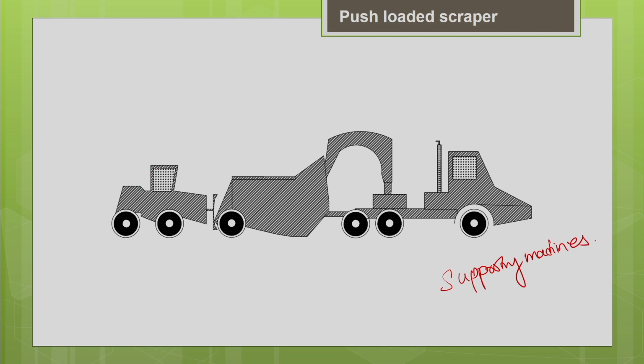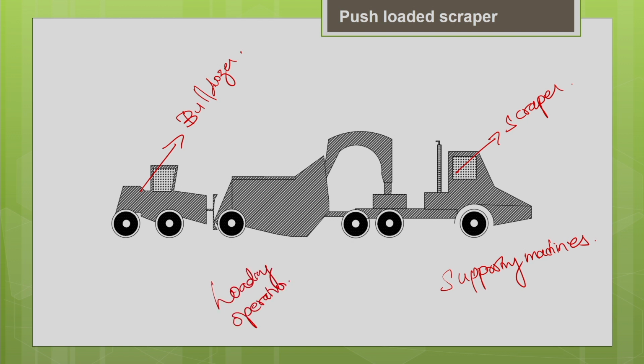This is your bulldozer. It is just a schematic sketch. The leading one is your scraper. As I told you, this scraper has to cut the earth and fill its bowl. During that loading operation, your bulldozer will push. You can see it has a special type of blade just for pushing, called a cushion blade.